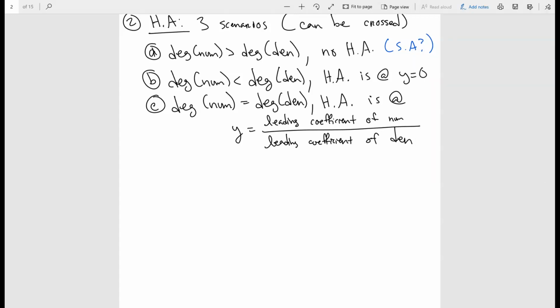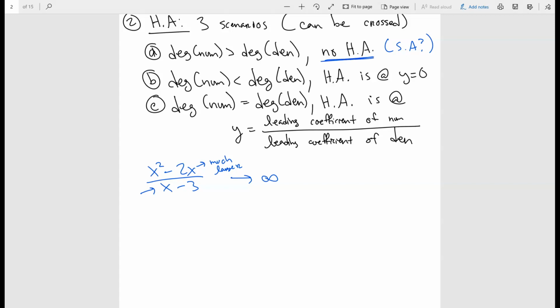So you can see that if I had x squared minus 2x divided by x minus 3, okay? You can see that as x gets very, very large, the degree of the numerator is going to get very much larger. So this guy gets really, really humongous, faster than the bottom part. So basically, this is going to go to infinity, so it's not going to approach anything. So when the degree of the numerator is greater than the degree of the denominator, you're going to have no